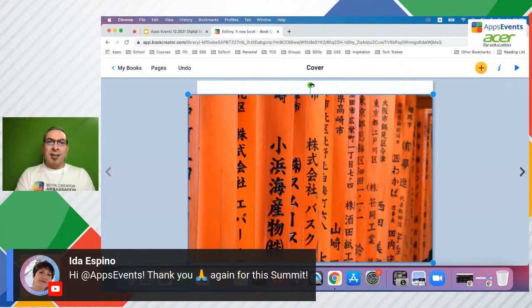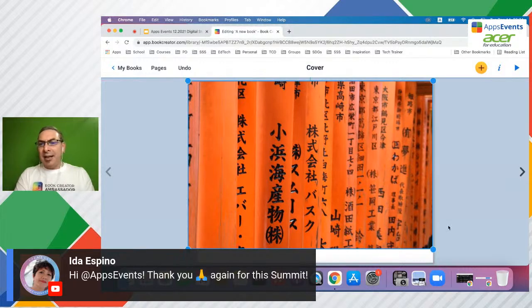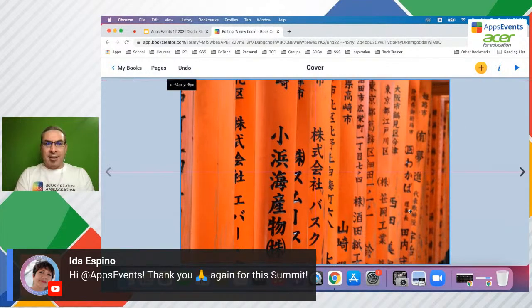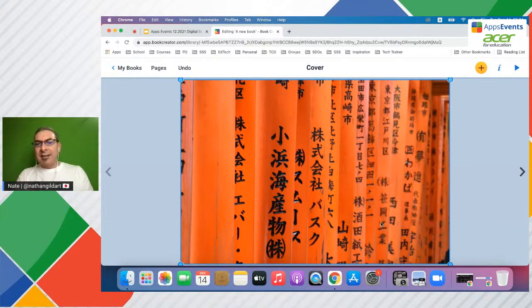Note the little green thing here. If you want, you can tilt things. I'm going to Command Z and just put that back. And I'm going to pull this down. And okay, now I've got that centered. You can see my pink lines there. And I don't want to mess this up, so I'm just going to right click and lock it. And so now I can do whatever I want, but I'm not going to be moving it around.